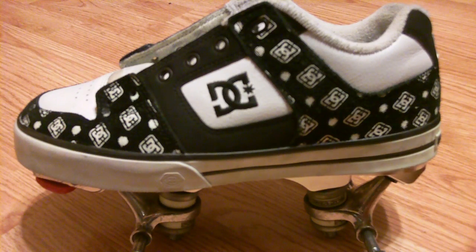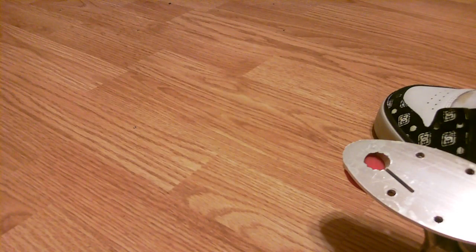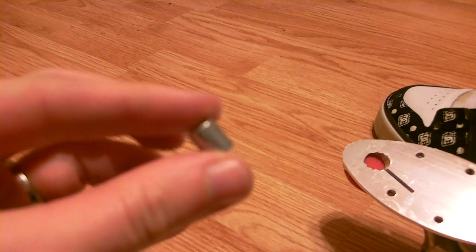So what you're going to need is a shoe, of course. You need a shoe, plate, a piece of sheet metal that you can get 2 cutouts on. I use diamond plate, get that at Home Depot. Going to need a countersink, get this at Home Depot. You're going to need a spacer, Home Depot again,